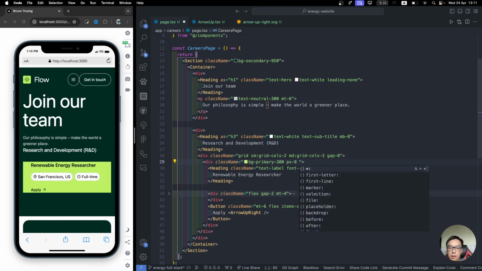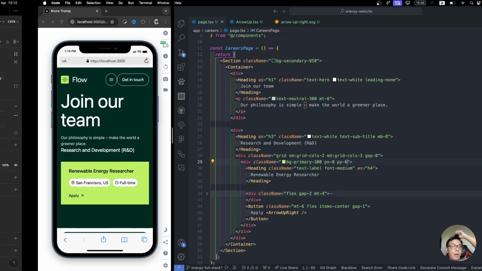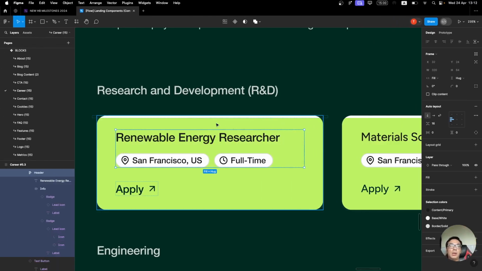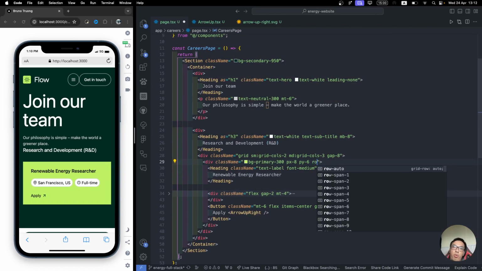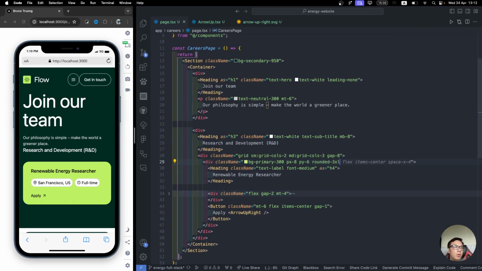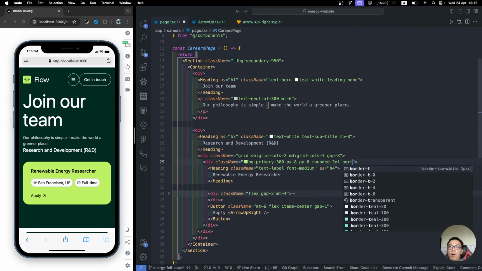The button is going to have 6. Yeah, I already made the measurements for this guy. So basically 24 is 6 and 22 is 8. Okay, so we have rounded 3xl also. And we have the border top